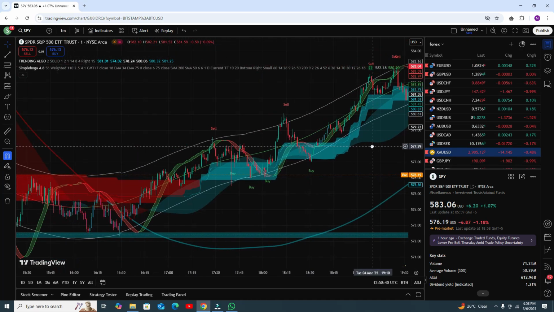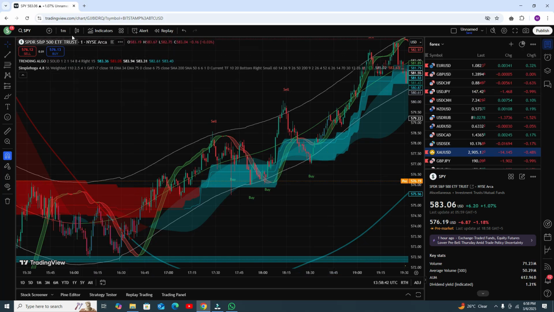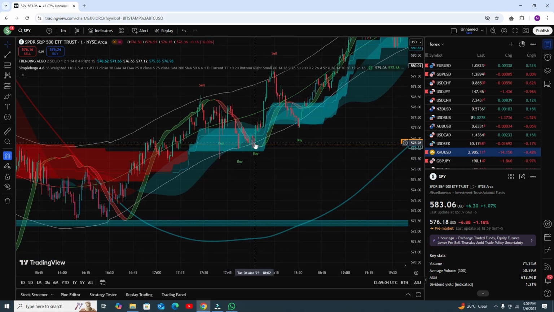Okay, let's discuss more indicators like this one. I am using the 1 minute time frame. I will show you the results in other time frames like 5 minute, 15 minute, 1 hour and 4 hour. I will also show you this indicator works perfectly fine on all pairs like forex, crypto, indices, stocks, each and everything. Here you can see that is a strong condition. Clouds are blue, the trend line is blue, and you got the buy signal, and the RSI should be below the lower band line. That is a strong buy signal.